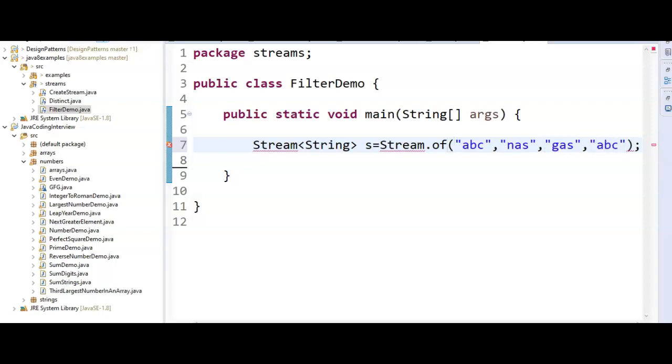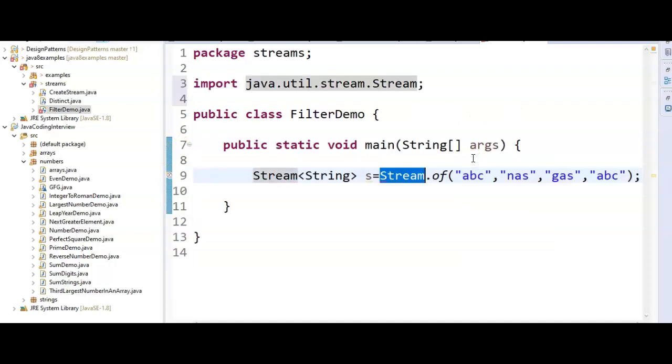Now we have the stream with the strings. Let's see why we are getting an error, because we need to import the stream. So import java.util.stream. Now we have the stream.